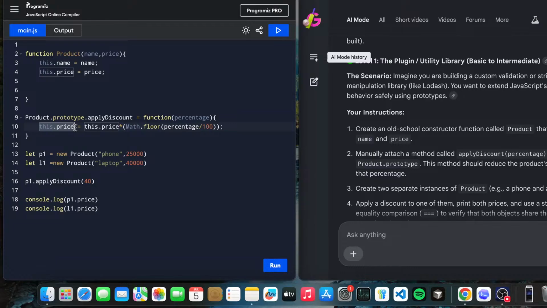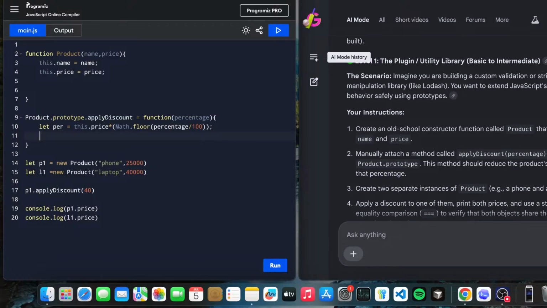The product percentage: this.price equals the actual price multiplied by Math.floor and percentage. Let per equal this, and after that this.price minus equals per. And let's see this.